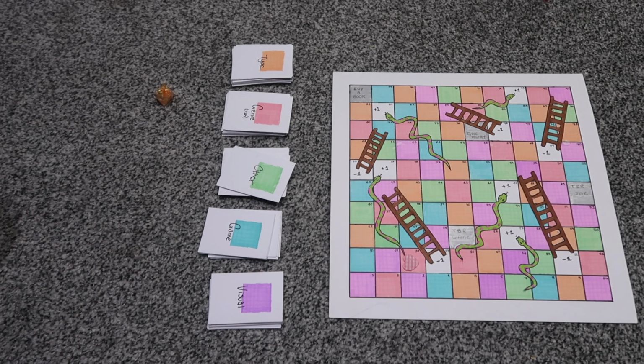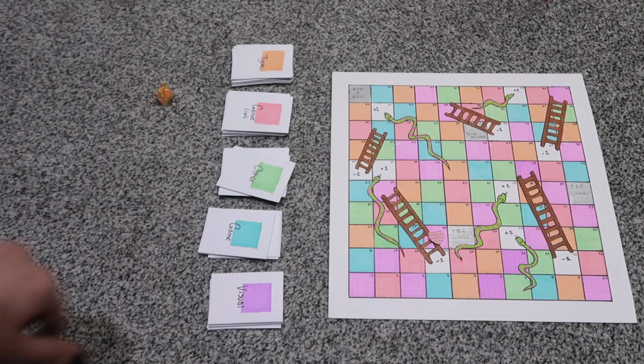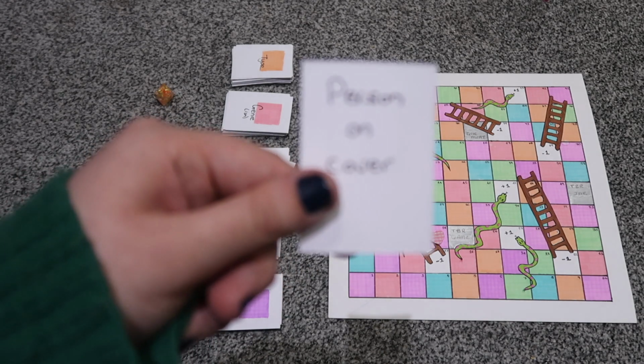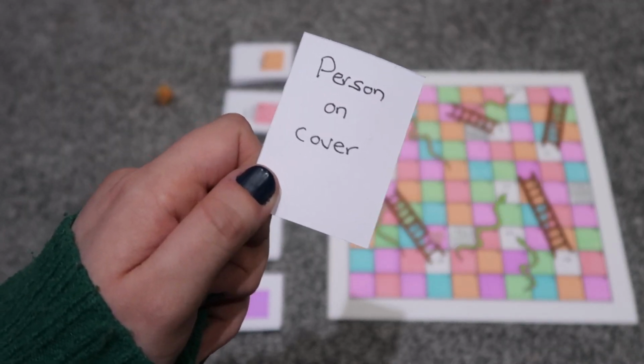Roll number 6. A 6. 1, 2, 3, 4, 5, 6. That is purple, which is visual again, and that is person on the cover. Okay, very nice. That is the prompt for roll number 6. Okay, and then roll number 6, which is also the final roll. Luckily, we didn't hit any snakes at all during this round, but roll number 6 was visual, and that was